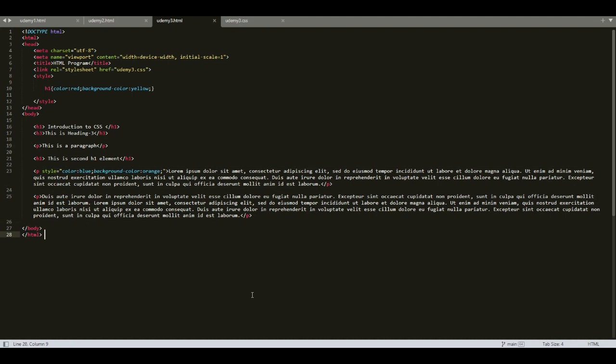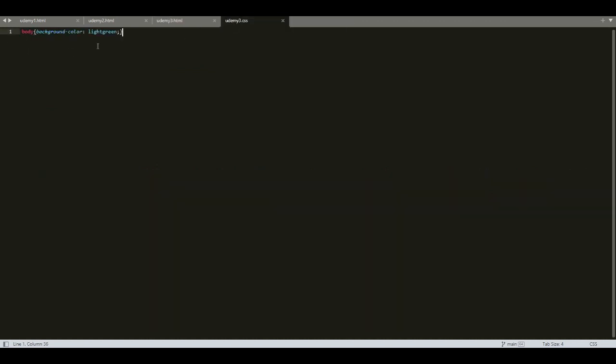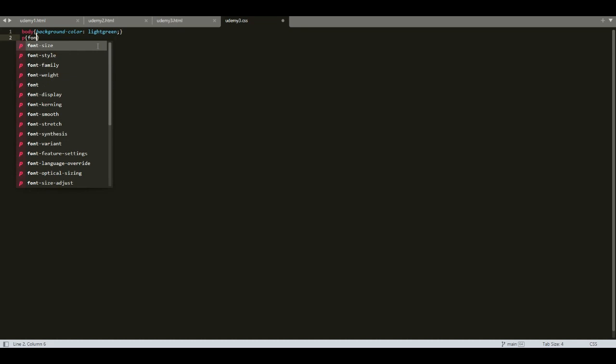Now we'll use external CSS to style these paragraph elements. So we have to apply some styling to all the paragraph elements at once. So how to do that? So I'm going to CSS5 and I'm going to use P. P points to the paragraph element and all the paragraph elements in the web page will be affected. So I'm going to use P. Font weight